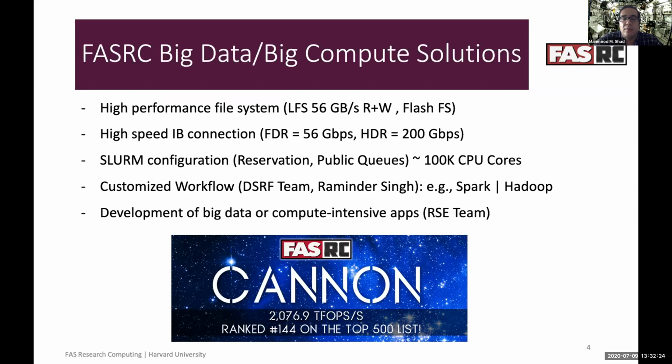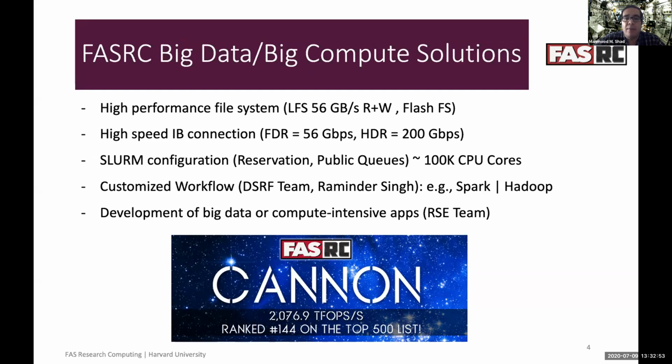The new hardware that we are getting, they are all HDR that gives a 200 gigabit per second connection between the nodes. If you are writing a data intensive application, let's say an MPI application, and you need two nodes to talk over an internal network, that provides the infrastructure. As I said, there are like 100,000 CPU cores,